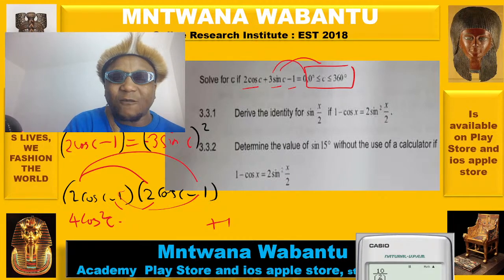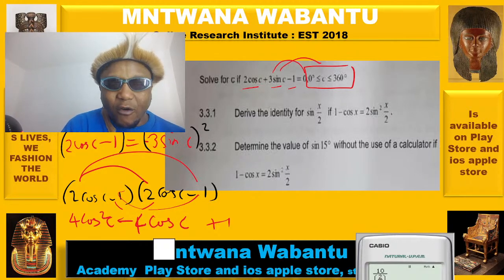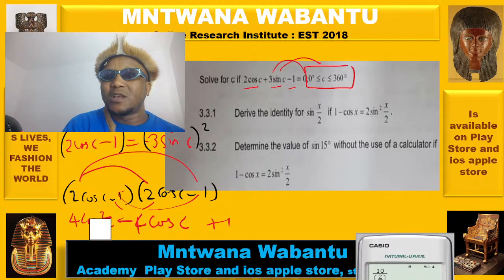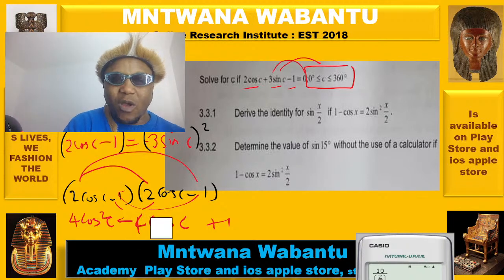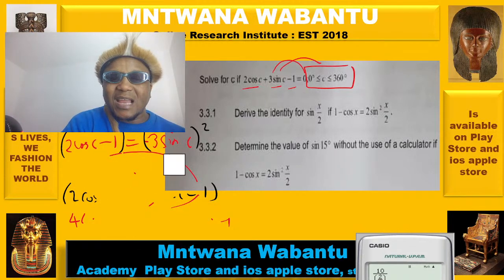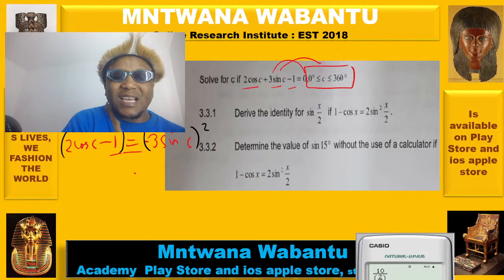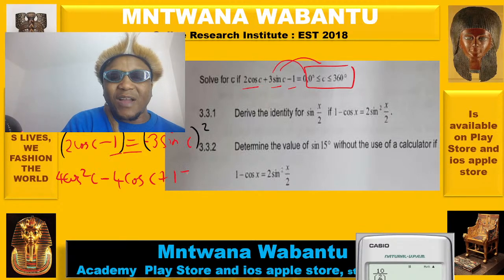So I'm going to remove this and say negative 4 cos c. On the left hand side, I'm going to have 4 cos squared c minus 4 cos c, and then plus 1. I'm going to erase this and replace it on the left hand side. I have 4 cos squared c minus 4 cos c plus 1, equal to